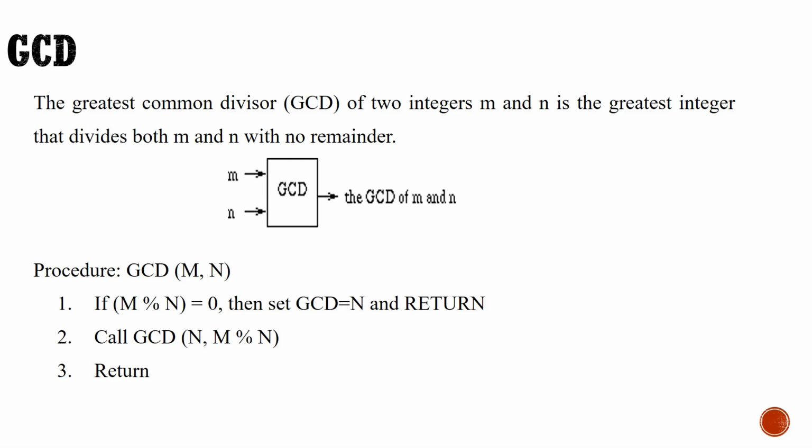Fine. So now we should state our base point. The base condition is if m mod n. Mod, as you remember, is used for computing the remainder. Let us take a different example, 6 and 3. What is the GCD of 6 and 3? GCD of 6 and 3 is 3, we know already. How will that be decided? 6 modulus 3, and if the remainder is equal to 0, then the second number will be my GCD. 6 modulus 3 is equal to 0.